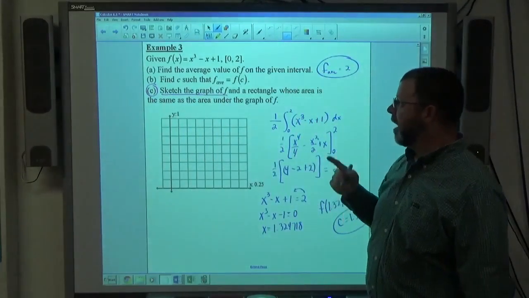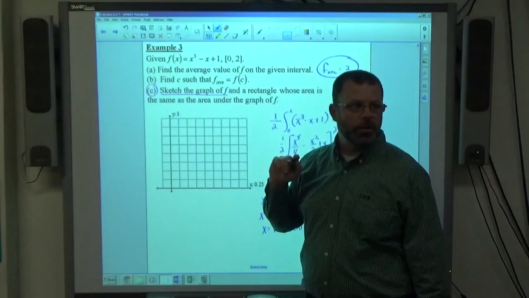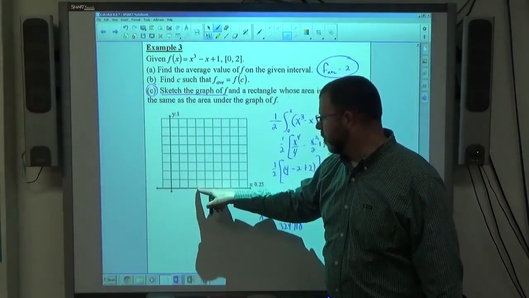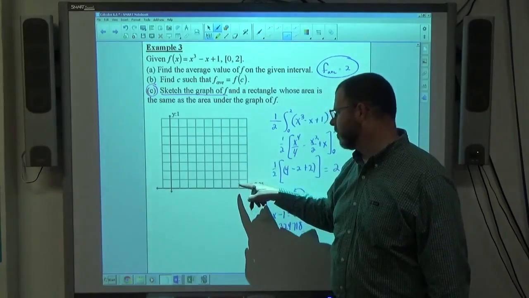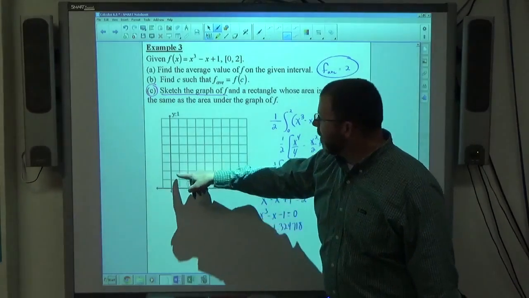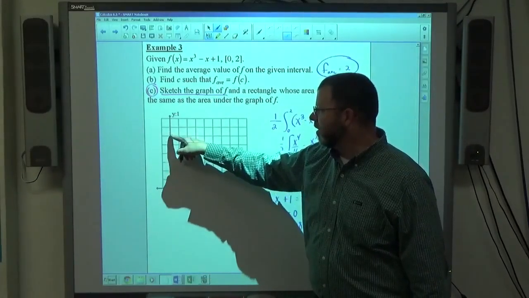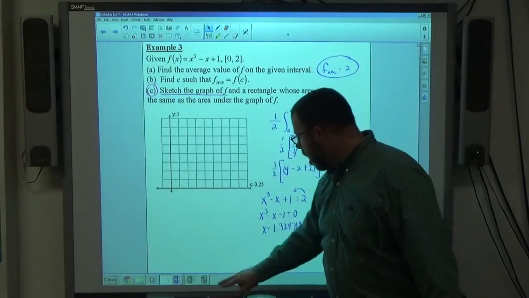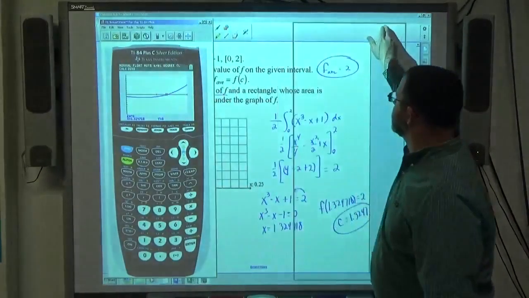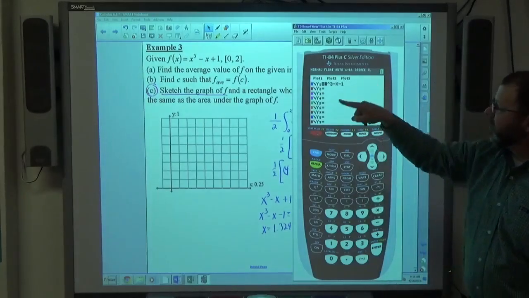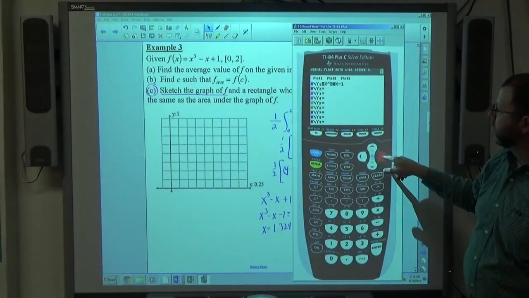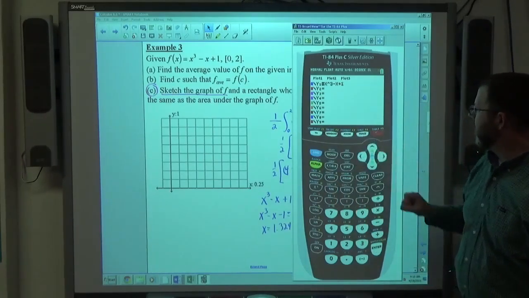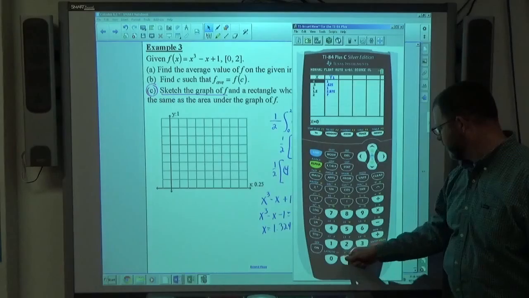All we got to do to graph f is pick x, solve for y, plot the points, connect the dots, right? I've got x going at a 0.25 scale, so 0.25, 0.5, 0.75, 1, 1.25, 1.5, 1.75, 2. I've got y going up by 1 scale, 1, 2, 3, 4, 5, 6, 7, 8. I don't know exactly where the graph is, but that's what I got the scale set at. All I'm going to do is type in my function, and it's x cubed minus x plus 1, right? And if I go to my table and just go up by 0.25 at a time,